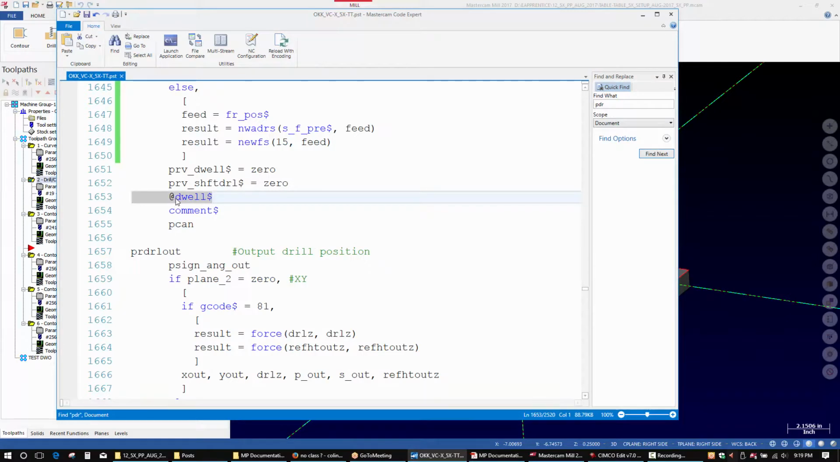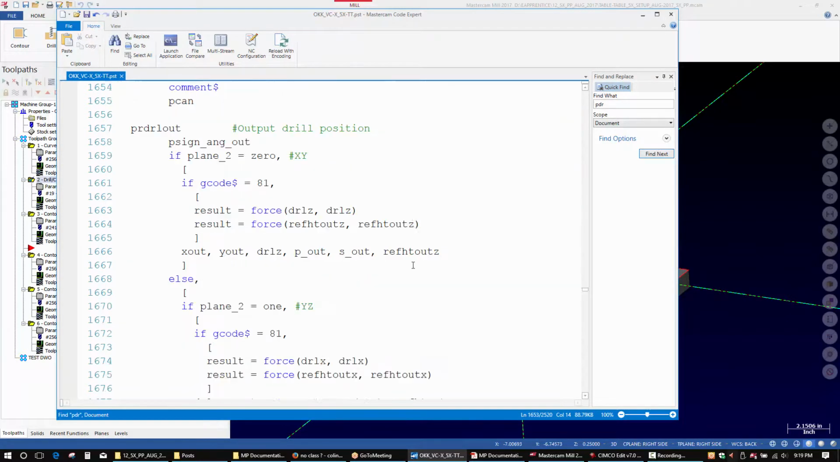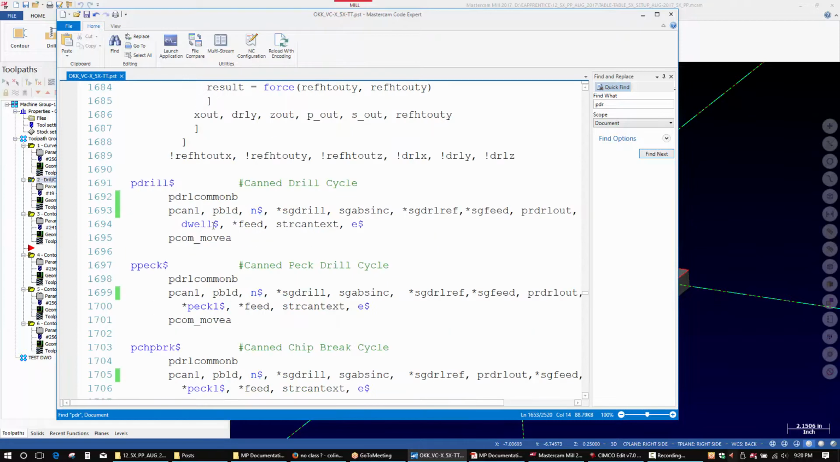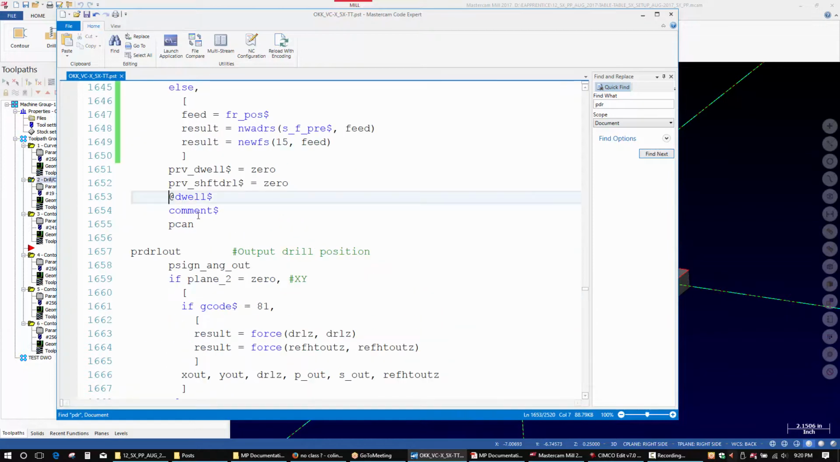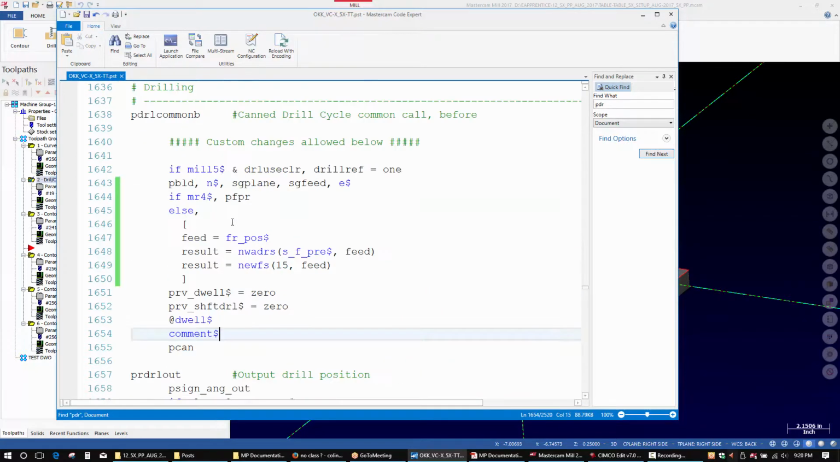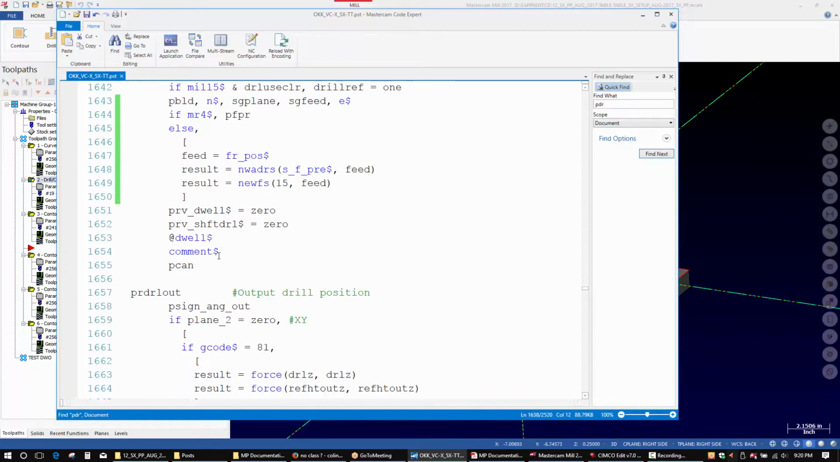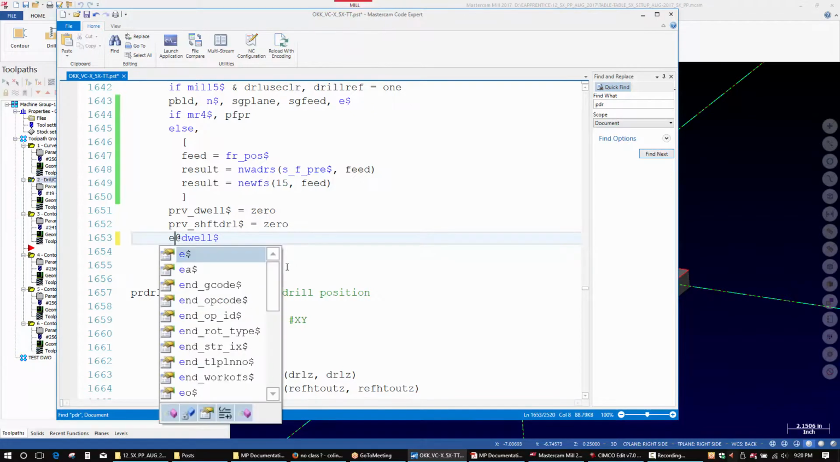Okay, so we do the formatting for the dwell here. We do the rounding, and then we output the dwell here. This is in P drill common B. The ampersand here basically formats the dwell, so it takes it and rounds it to whatever the current rounding value is. And what we're going to do